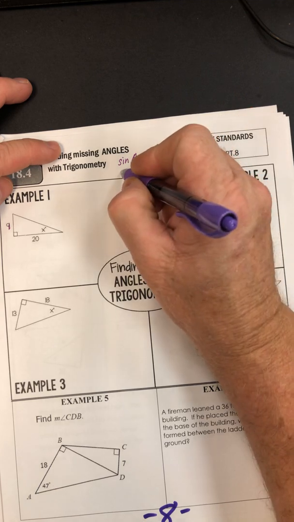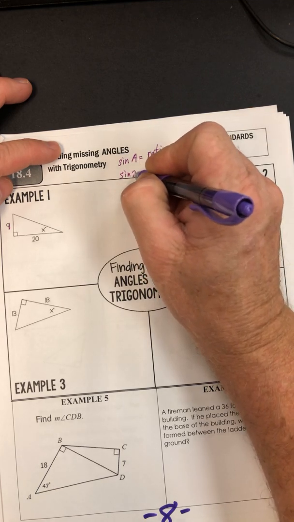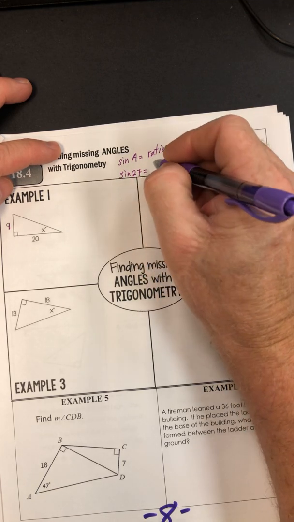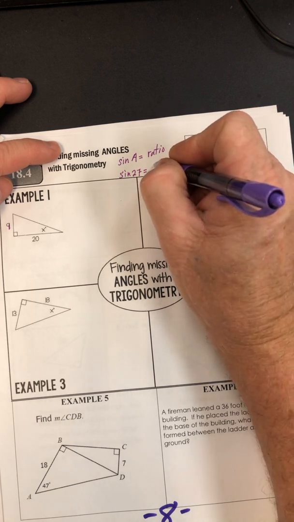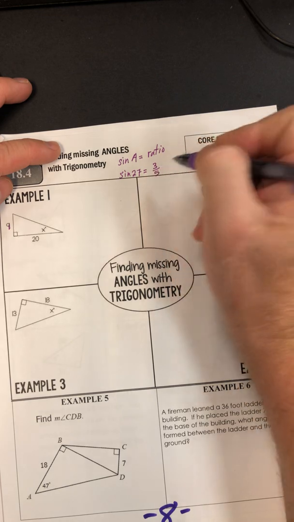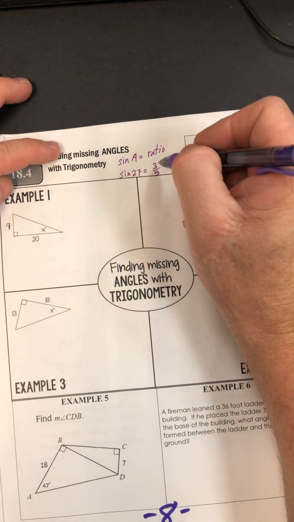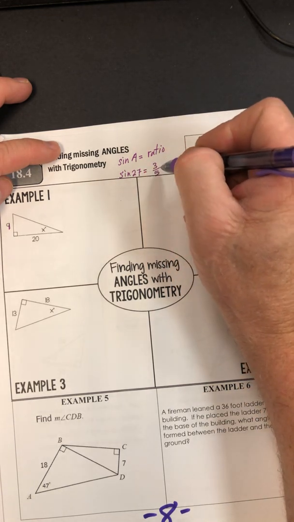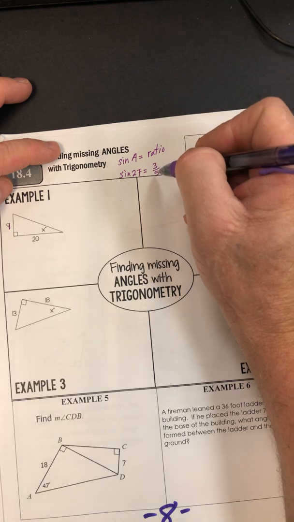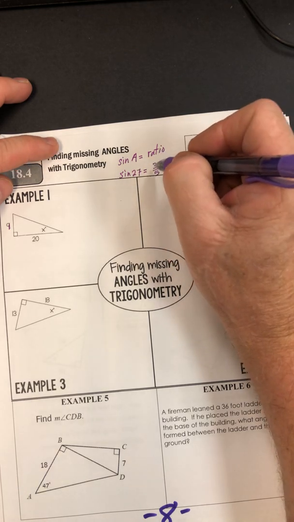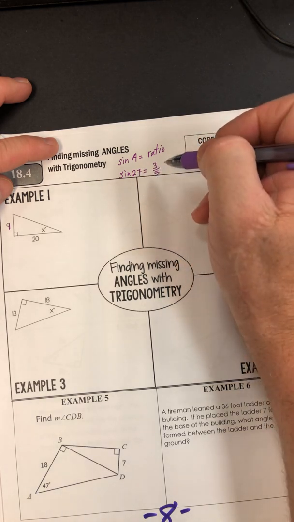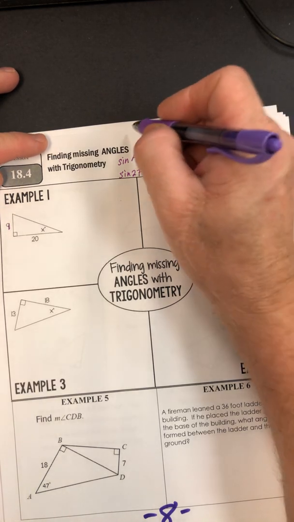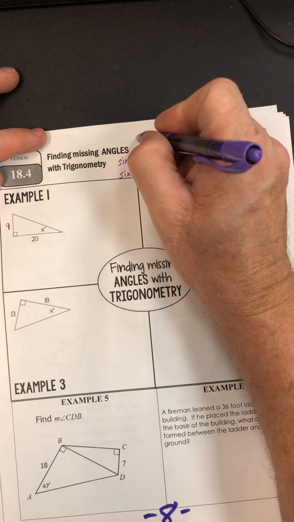For example, the sine of, say, 27 is going to equal, and how we set it up, remember, x over 10 or whatever. I'm just making up some numbers. So if you have the sine of some angle, it's going to equal a ratio of sides. And if one of those three pieces is missing, then we can solve for it, like we did last section. Now, if the angle is missing,